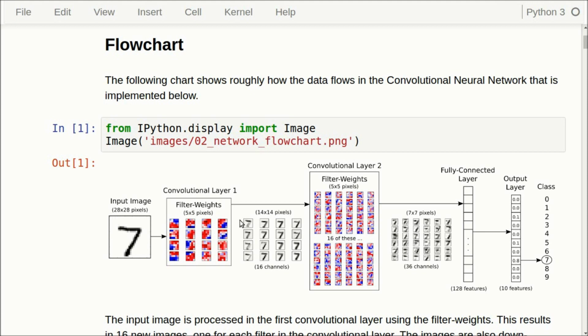and then we calculate the second pixel over here, and we keep doing this until we have calculated the entire image over here. Then we take the second filter and we do the same, and we calculate the second image over here, and we do the same for the third filter, slide it across the input image, and calculate the